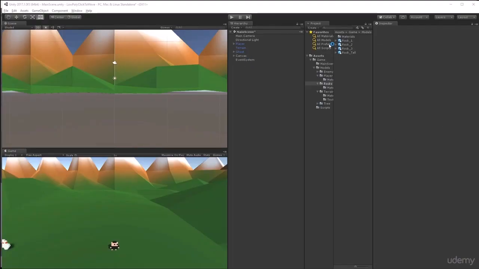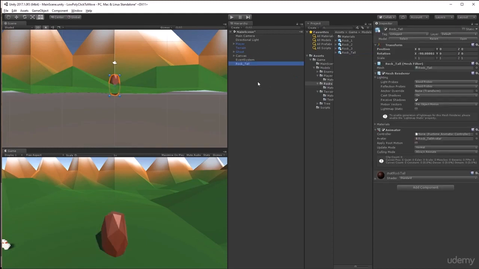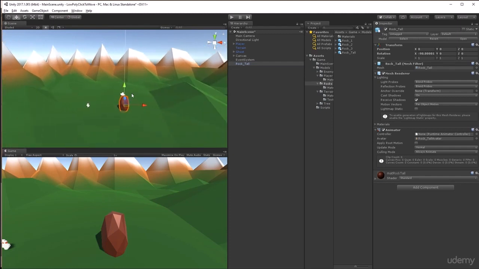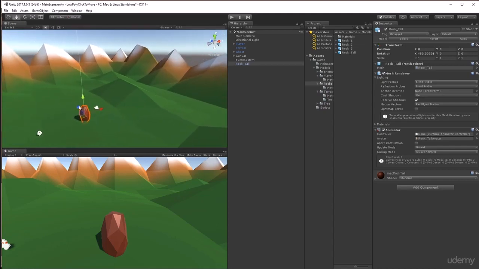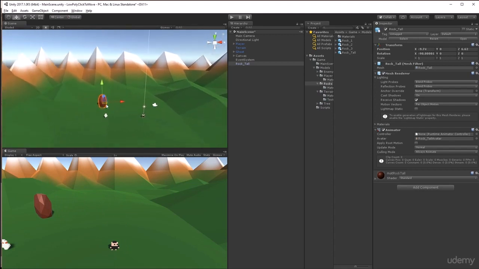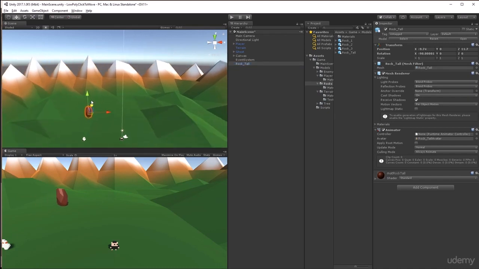Okay, so let's start placing our rocks around our scene. So let's put the tool rocks in first. Let's come out of this 2D mode. And I kind of want our tool rocks to create a circle around our ghost. So let's move these rocks sort of back here like so,